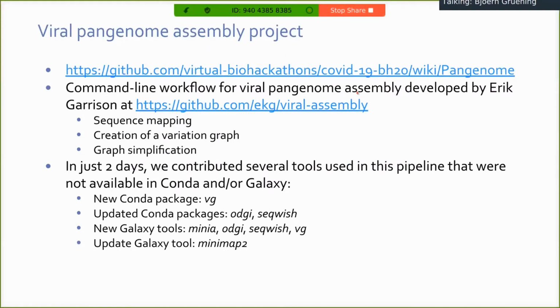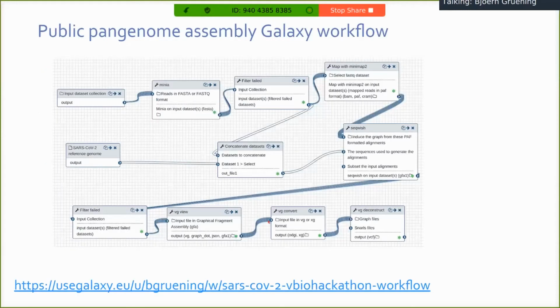So essentially, we added a lot of tools for viral pangenome assembly. So in that case, it was VG and SegWish and so on. And these tools are now in Galaxy. And what we did in the end of the hackathon was then creating this workflow, which is still available in an updated version even now in different Galaxy instances, which you can use.